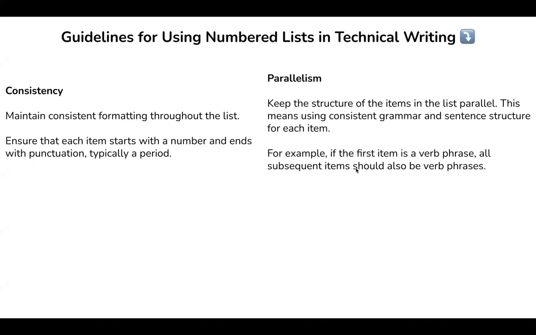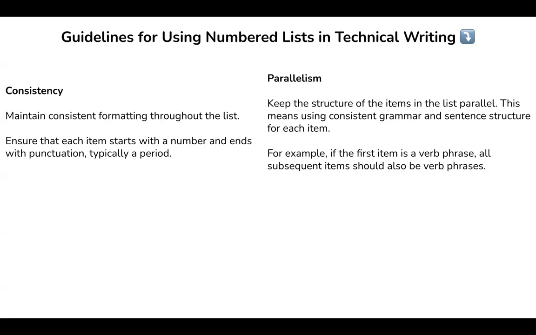The next one is parallelism. So keep the structure of the items in the list parallel. This means using consistent grammar and sentence structure for each item. For example, if the first item is a verb phrase, all subsequent items should also be verb phrases. For example, when you're writing the manual for setting up or putting together a piece of furniture, the first numbered item could be something like